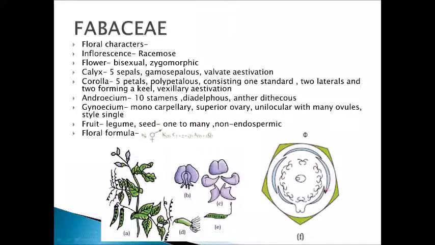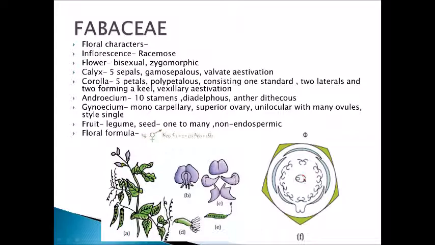Now, let us come to the floral diagram. So this is the floral diagram in which the green colored structures, the outermost whorl, are the sepals. So these 5 sepals are there which have valvate aestivation, just touching each other. They are not overlapping but just touch each other. These rounded ones are the petals. 5 petals are there. They are polypetalous. That means they are separate from each other, not joining with each other.